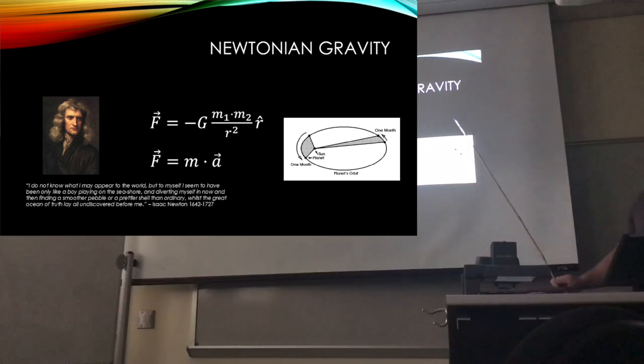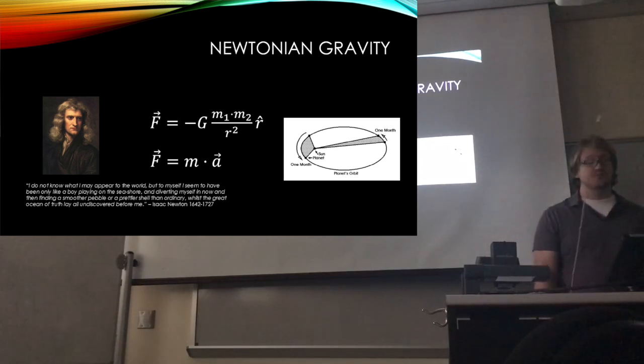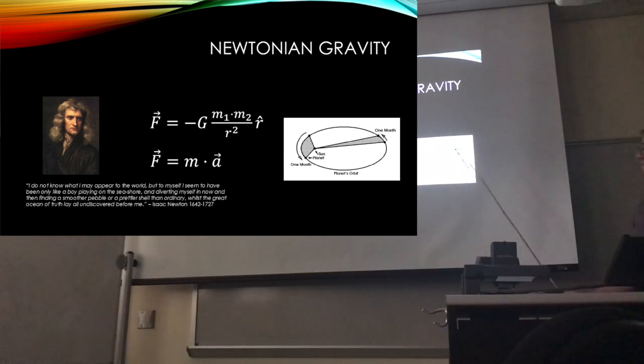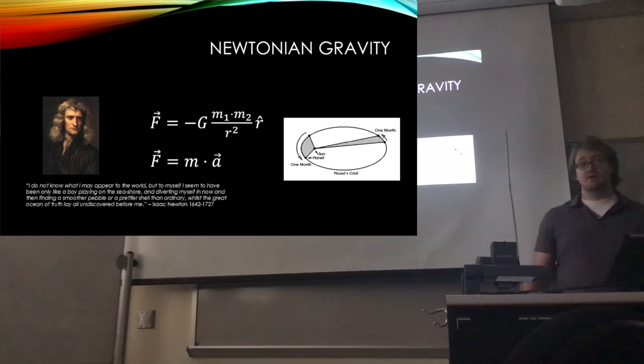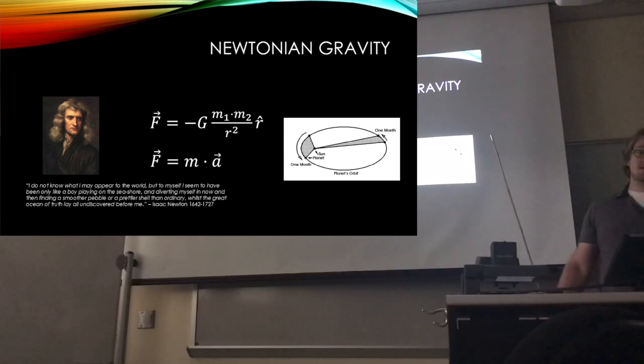So if you look at, he was able to work with both these equations and his calculus. He was able to derive the elliptical motion of planets around the sun. And he was able to show this interesting result that if you take the area of an arc subtended by a planet over a certain period of time, that area is constant over any period of time during the object's